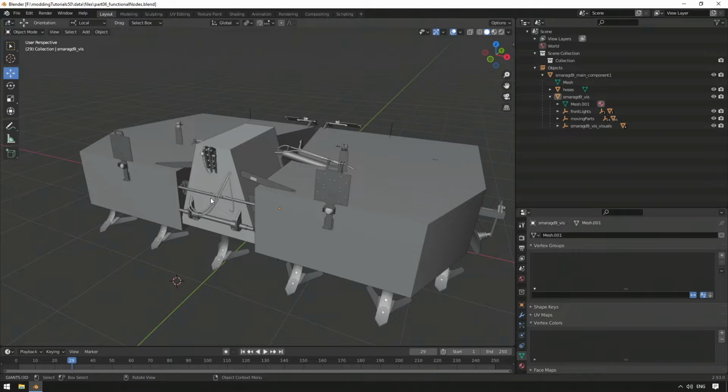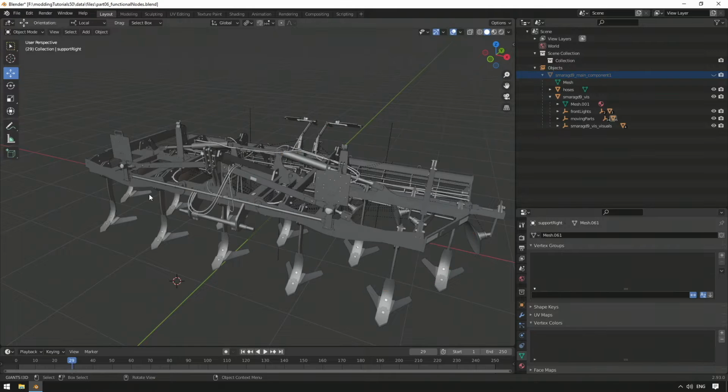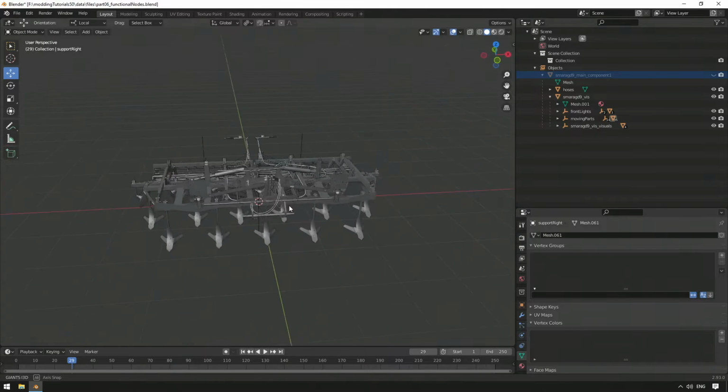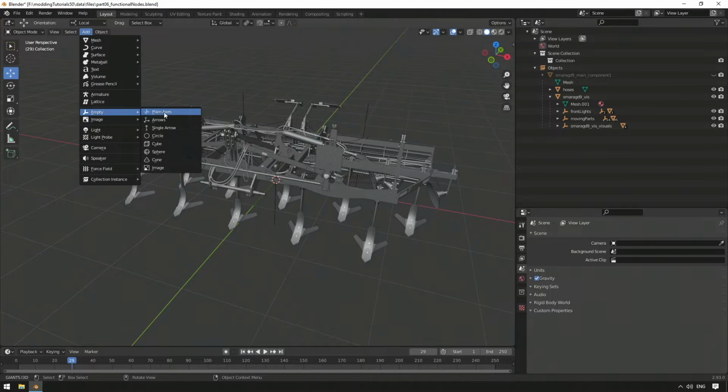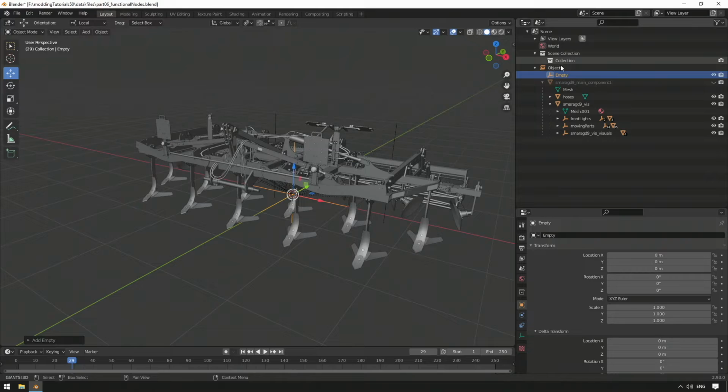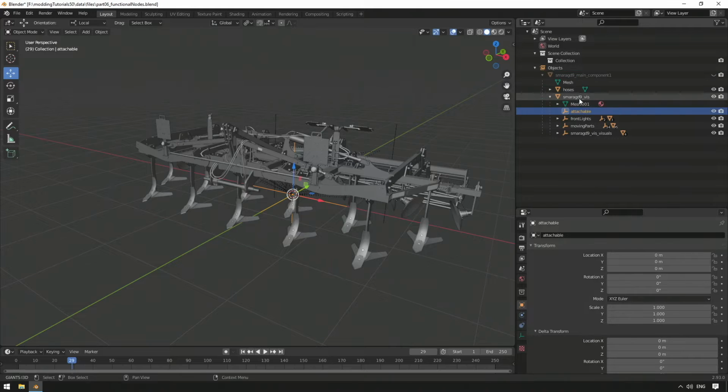To visually create a little space to work with, we mark all our collisions and can make them invisible with the key H. To be safe, we set the cursor to the 0 point again with Shift+C. In object mode, we create a transform group via add, empty, plain axis. Name it attachable via double-click and then move it with Shift and left mouse button inside our scene collection as a child of